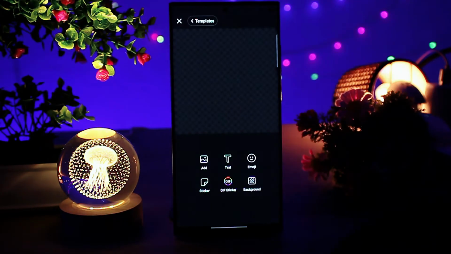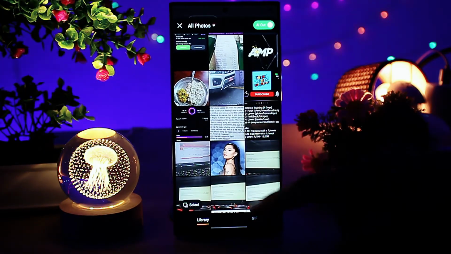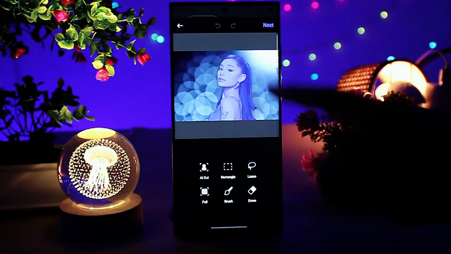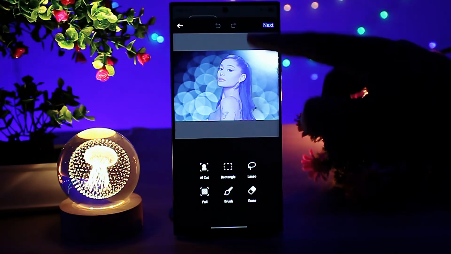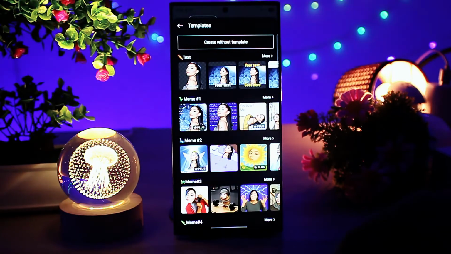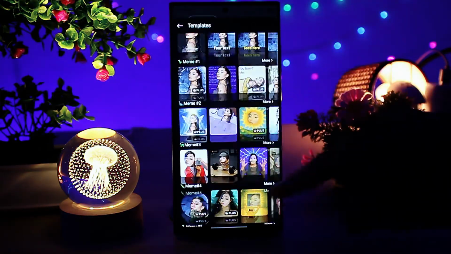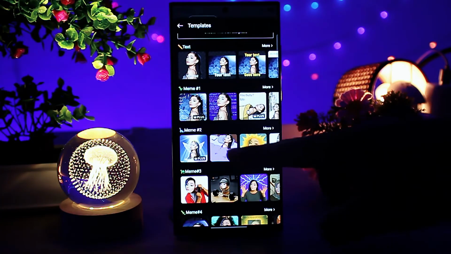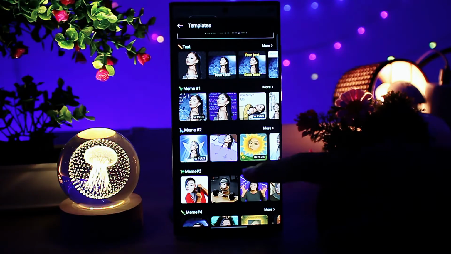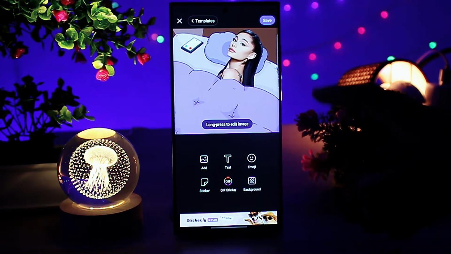If you want to make a regular sticker, simply hit regular, and select one photo, and you can simply click on next. You can use the brush or any other tools. Simply click on next. You can use whichever template you want, or you can create without a template. Suppose right now I will use this template, as you can see, and you can simply save